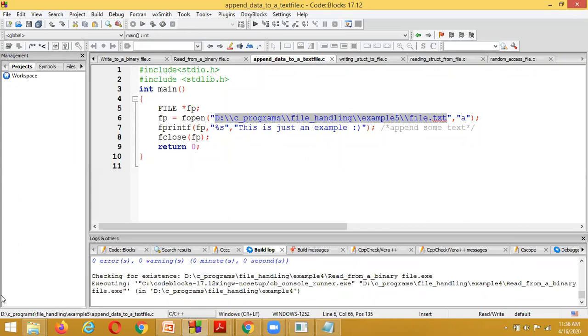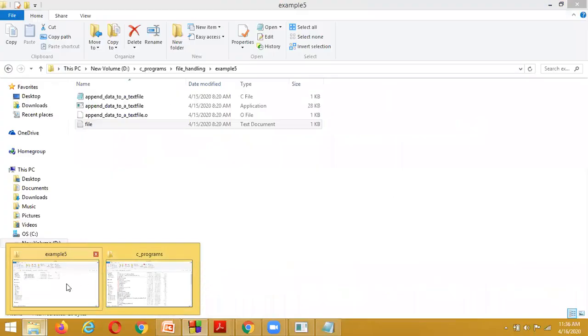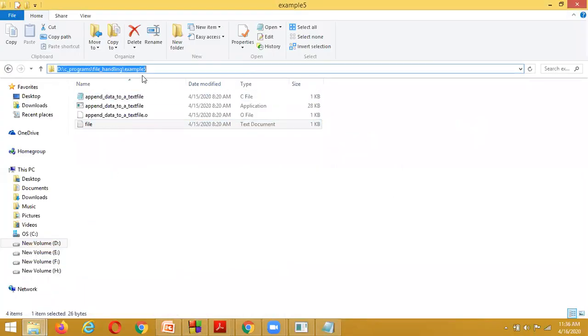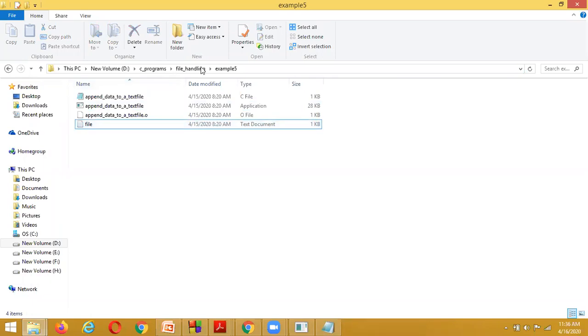In which directory does that file.txt exist? It exists in a directory called example 5, located in the D drive, C programs, file handling. Inside that example 5 we have one file called file.txt.